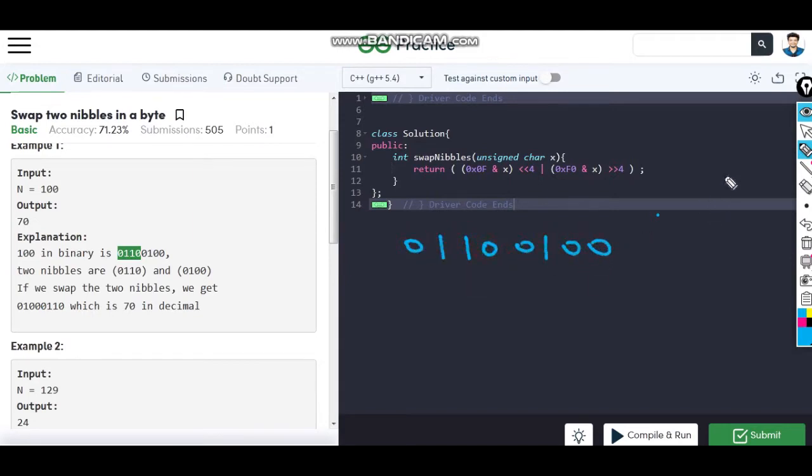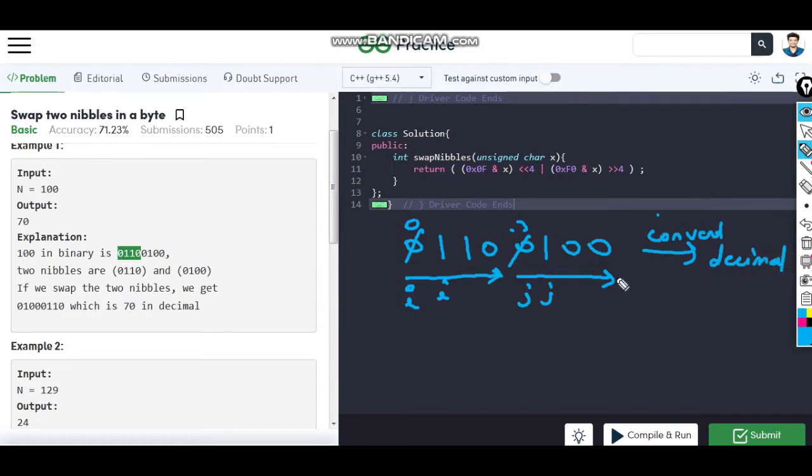You can traverse this array from here to here and then from here to here, or you can put 2 variables i and j here and just swap them, increment i, increment j and swap, and then convert it into decimal form. This is the brute force approach that comes to mind first.